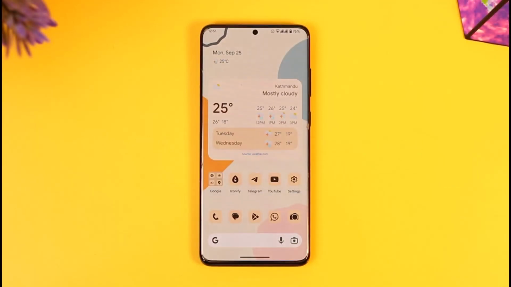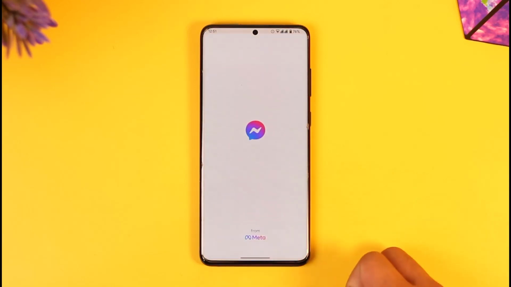In this video I'll guide you on how you can find contacts on Messenger, so make sure to watch the video till the end. So if you want to find contacts on Messenger, go and launch the Messenger app here,